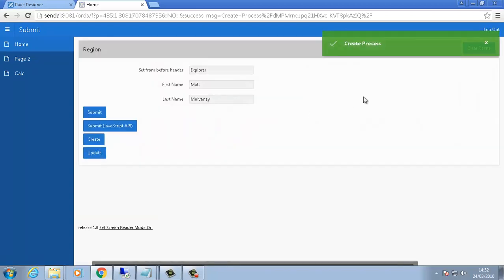So the page process has identified that the create button has been pressed and runs a create process with the success message of create process. I can try the update button. So when I push the update button,